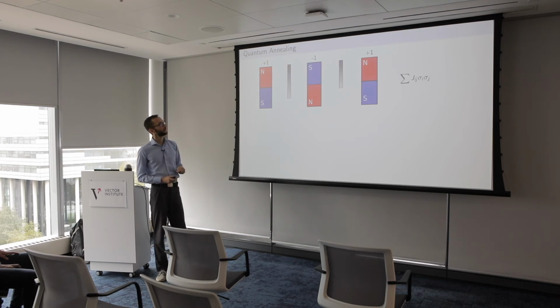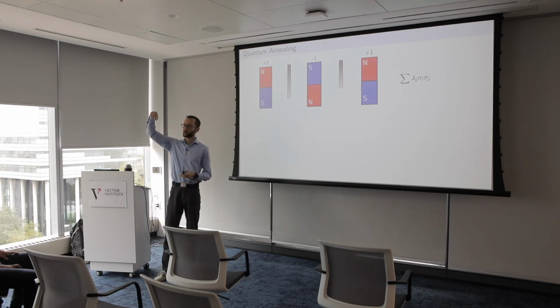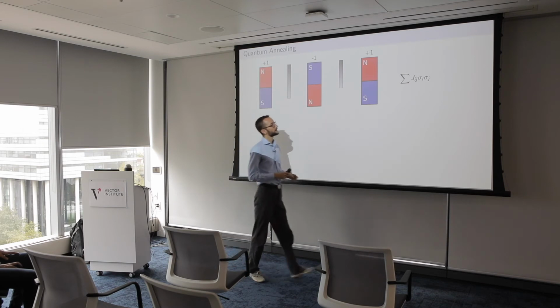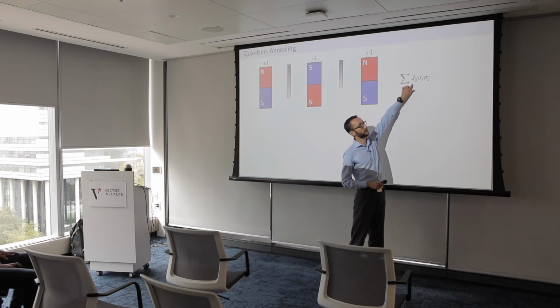Now, make it a bit more complicated. So imagine that you can add a wall, and you can control the thickness of this wall, or how deep it goes between the magnets. So you can control how much each magnet interacts with its nearest neighbor. So this adds this coupling term between the magnets.